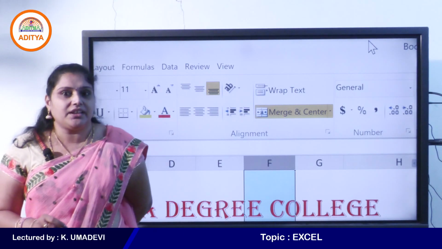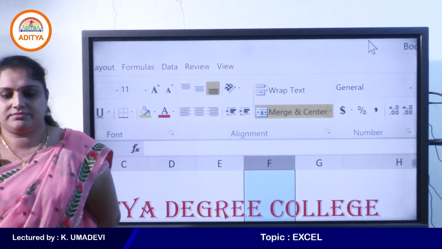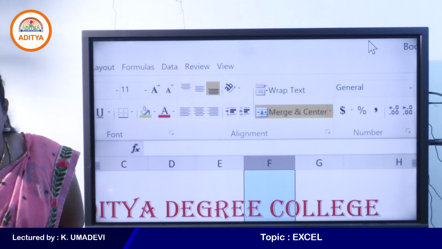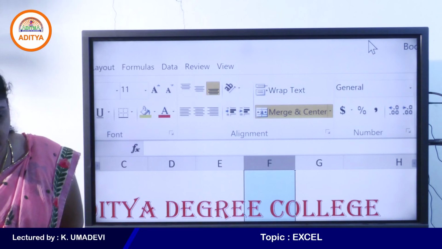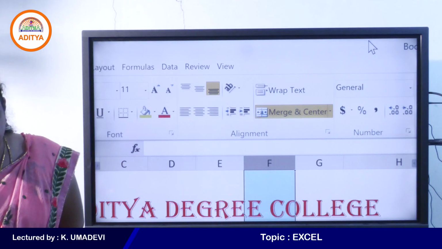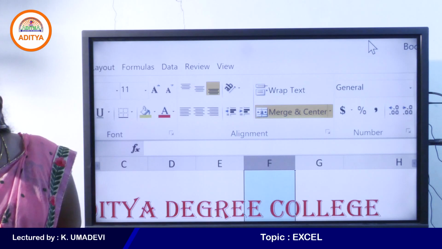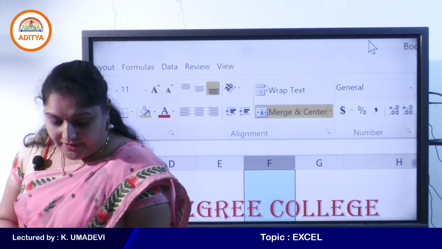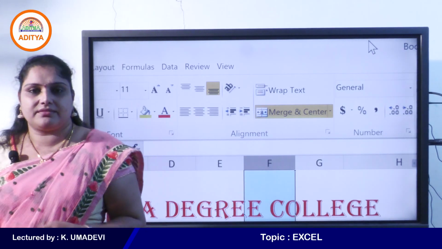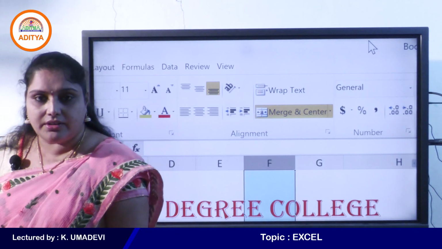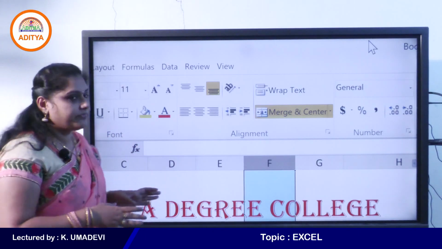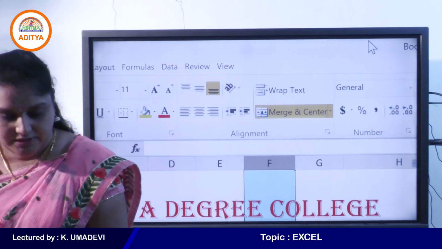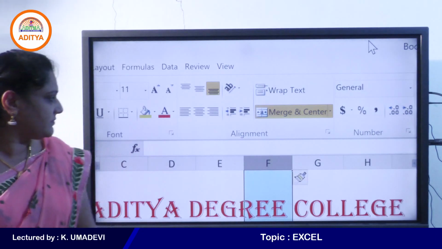What is the shortcut key to insert a new column? Very good, Control Shift plus. So first select the column, then press Control Shift plus.